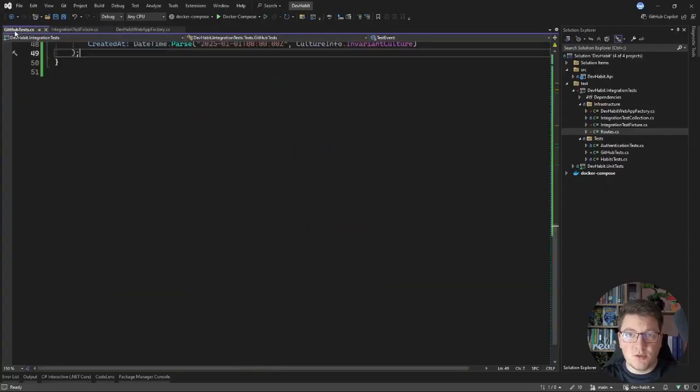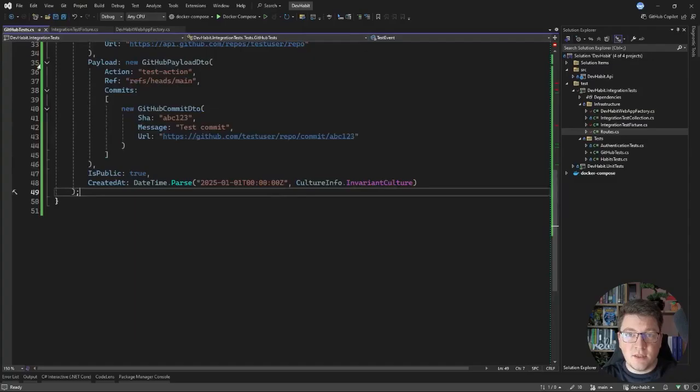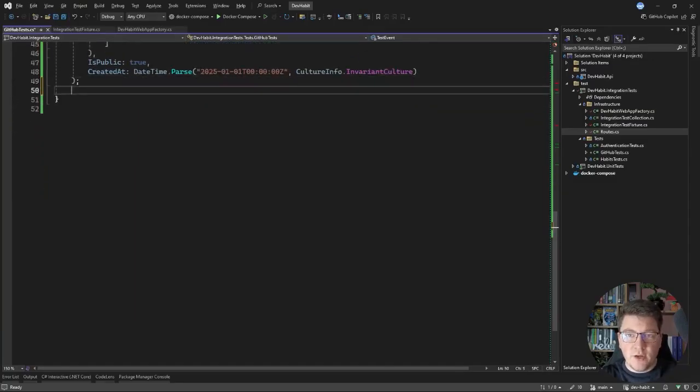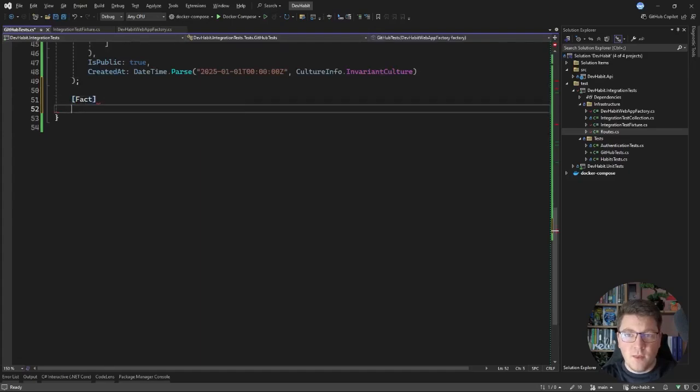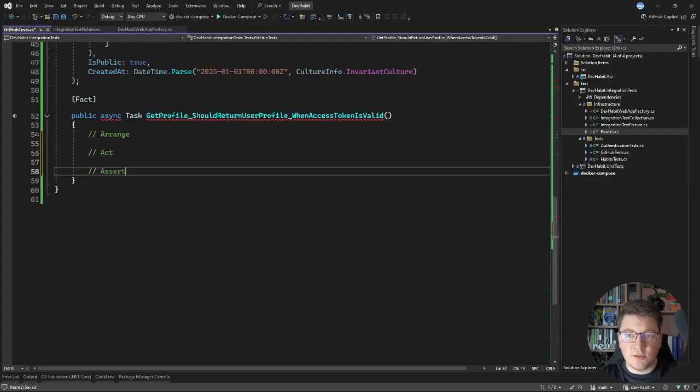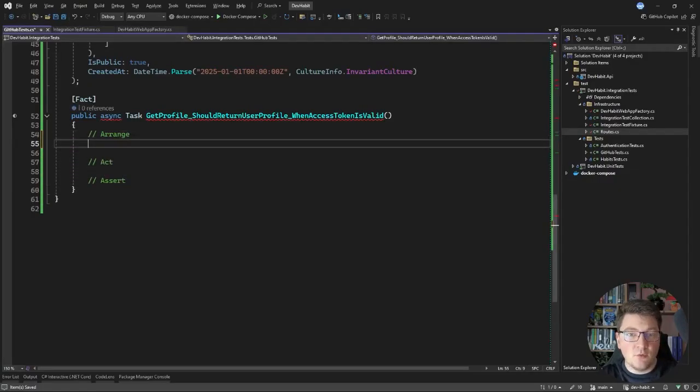So let me close everything down, and then let's head over to our GitHub tests. So my first test case will be trying to fetch the user's profile when I have a valid access token. So let's see how I can define this type of integration test. I'll say get profile should return user profile when access token is valid. Let me define the arrange, act, and assert steps, and then the arrange step is going to be the most